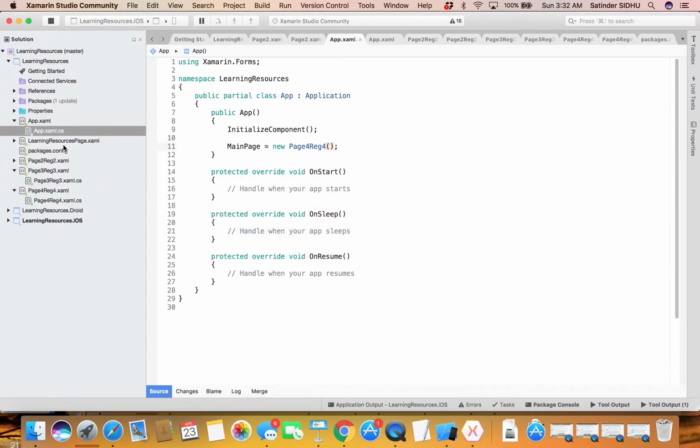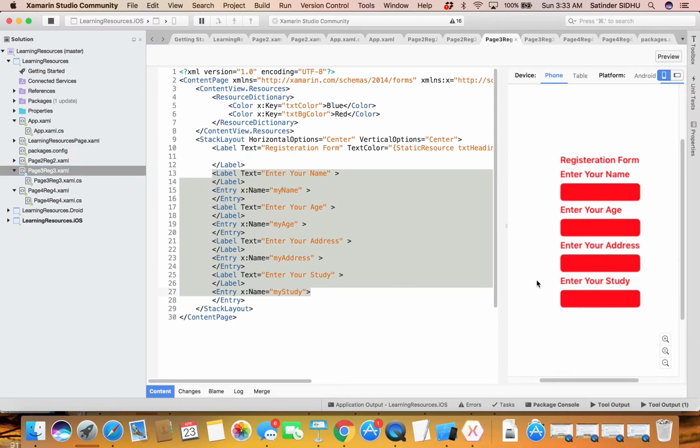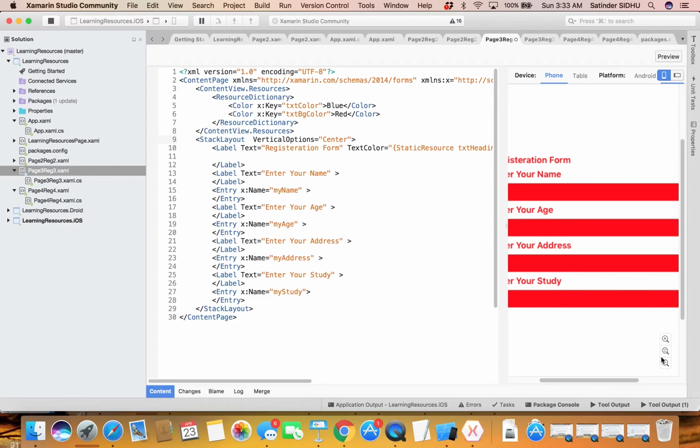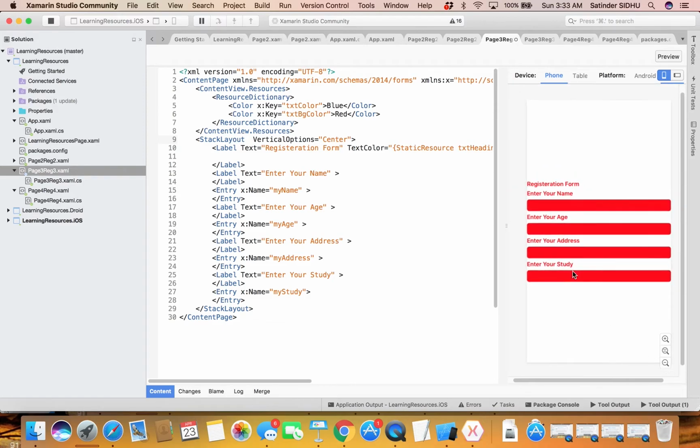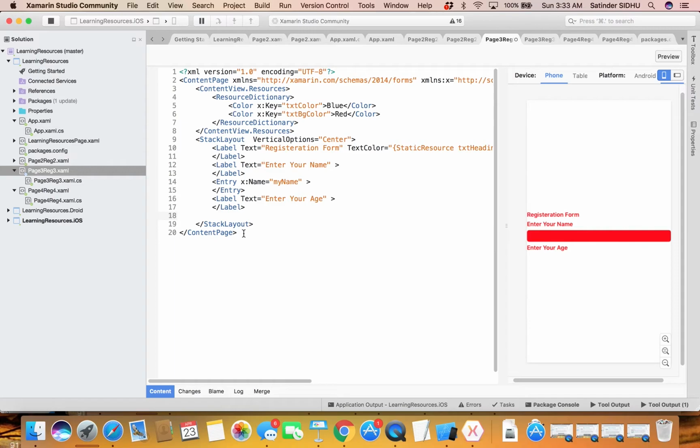Let's take one of the existing examples. Let's take this page 3 example. This is how it was looking right now. If I change the horizontal options from here, it will look like this. See, it is all aligned to the left or right, and now let me clean it out. Actually, let me make it a little small to make it more precise. And this one, I say that,